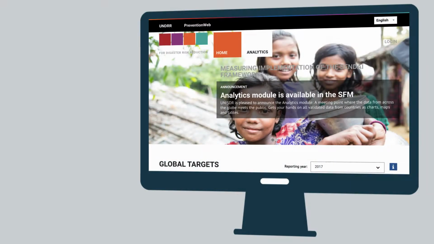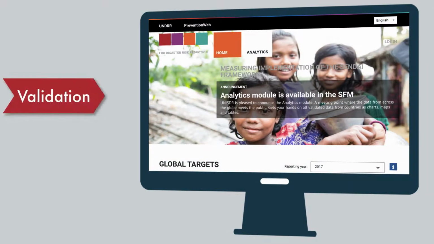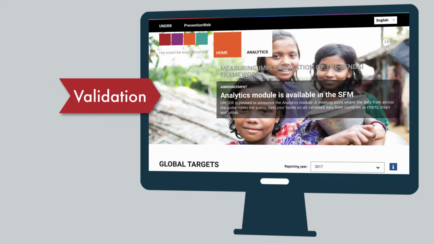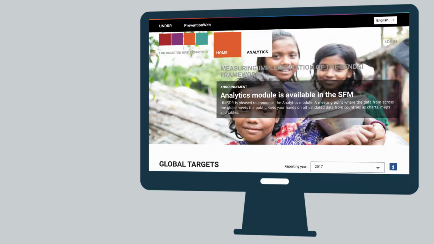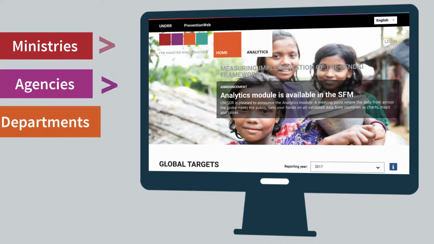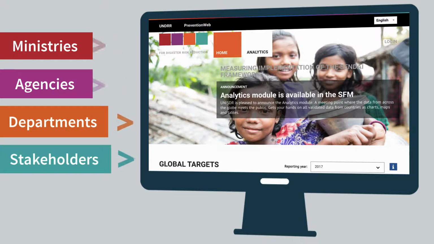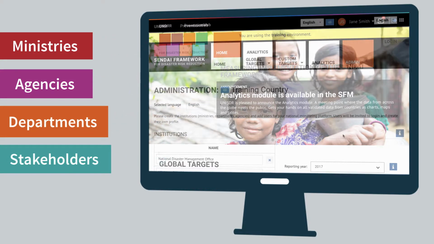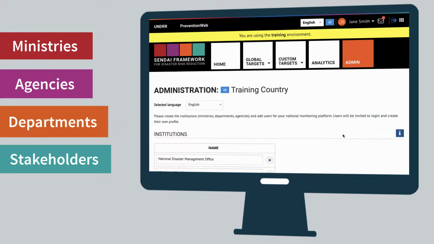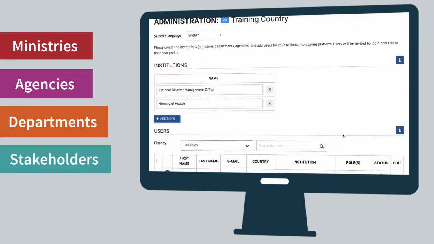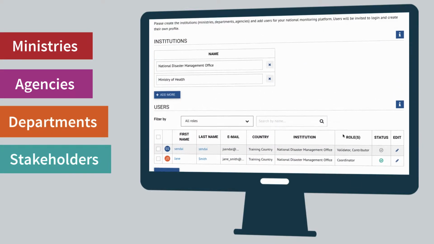This video will explain the purpose and process of data validation on the Monitor system. Reporting for the SFM requires data from various sources, including government ministries, agencies, or departments, and other stakeholders as applicable to the country. These institutions can be added to the SFM as contributors to enter data for all or specific